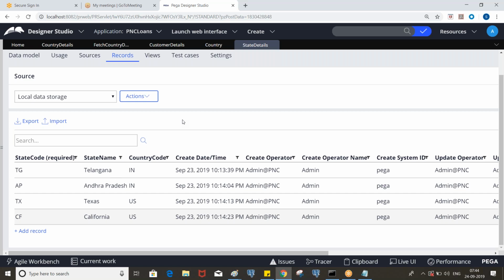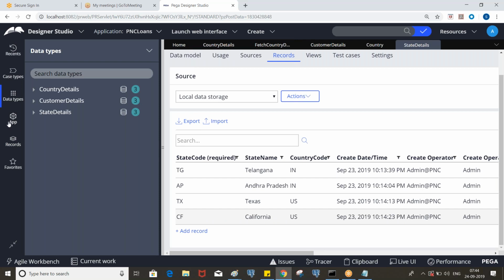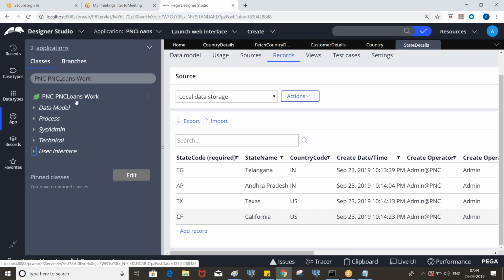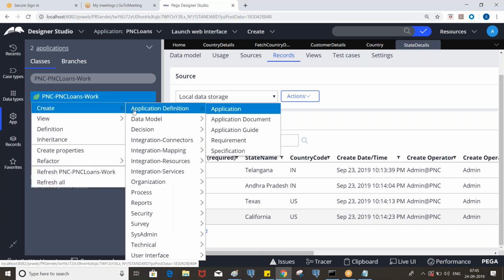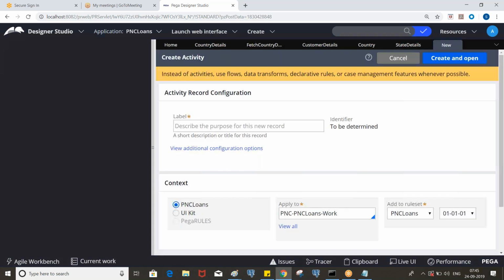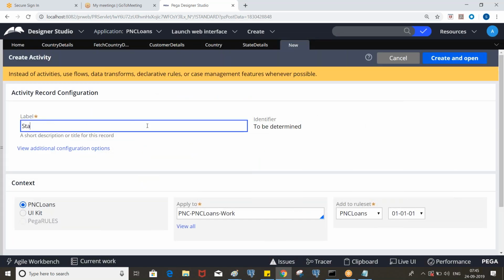Now again, the same. You can handle it in the same activity, but let's create a separate activity for this, and later you can club it. Again, go to the technical, state details.